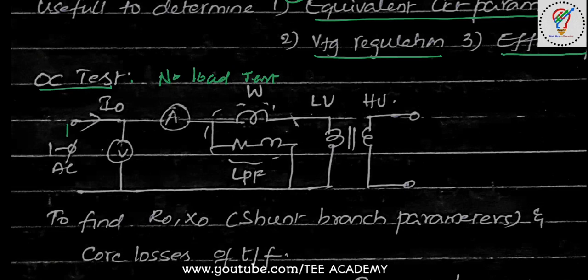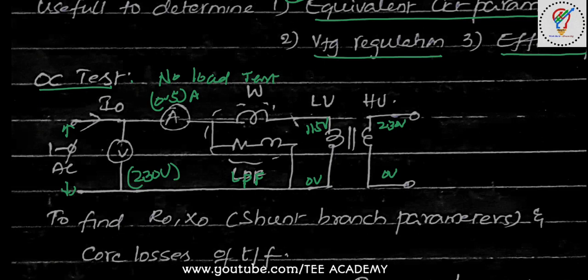First of all, the input supply we are providing is single phase supply, generally 230 volts, and the current will be a 0 to 5 amperes reading, and the wattmeter will be of LPF type. The LV winding will be 115 volts, 0 volts here. Generally this is what we studied in the lab experiment. The HV winding will be 230 volts and 0 volts here.